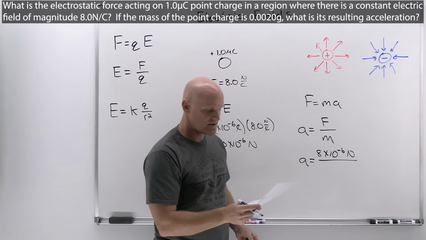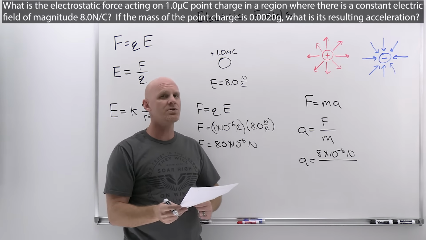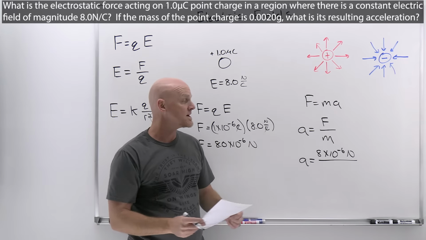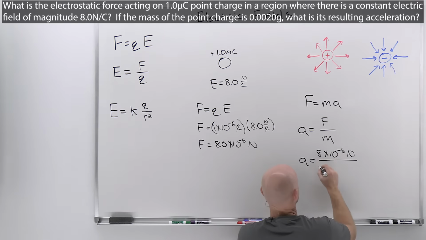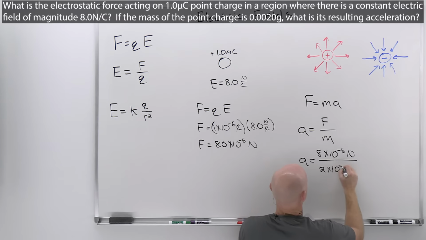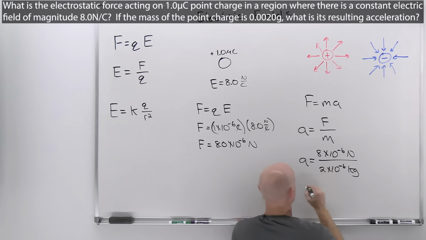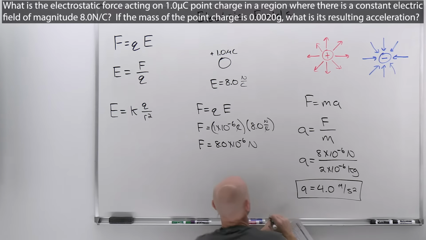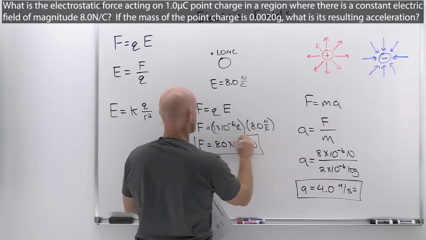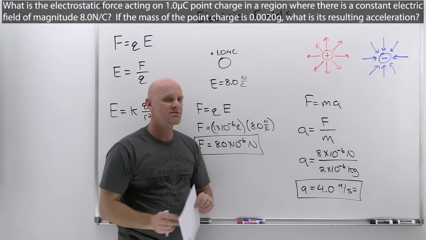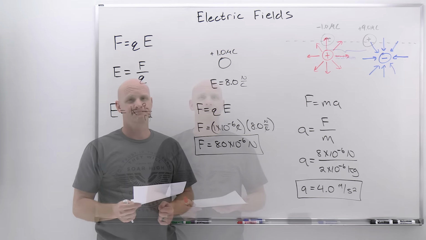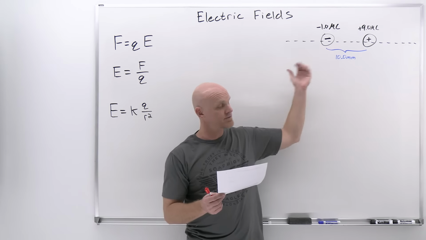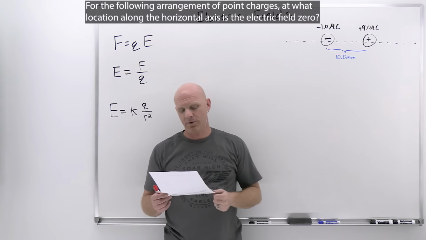And here the mass is given as 0.0020 grams. That's 2 times 10 to the negative 3 grams. But again, this has got to be in kilograms, SI units, and that's going to be 2 times 10 to the negative 6 kilograms. In this case, we can see that this is going to come out to exactly, we want 2 sig figs, 4.0 meters per second squared for that acceleration. So again, a force of 8.0 times 10 to the minus 6 newtons, an acceleration of 4.0 meters per second squared. So the last question here comes with this lovely diagram, and the question says, for the following arrangement of point